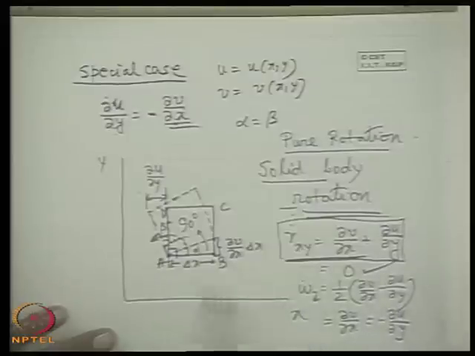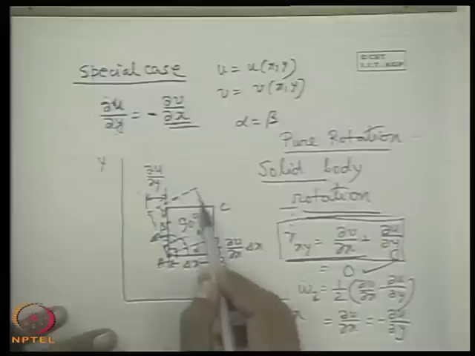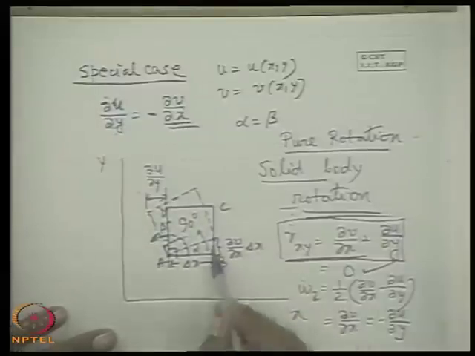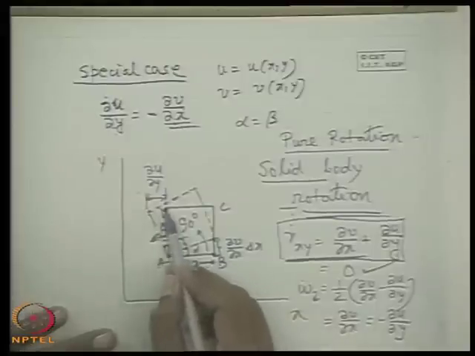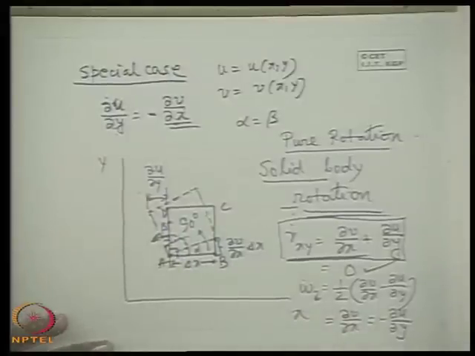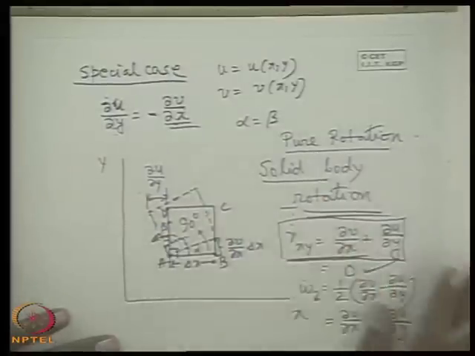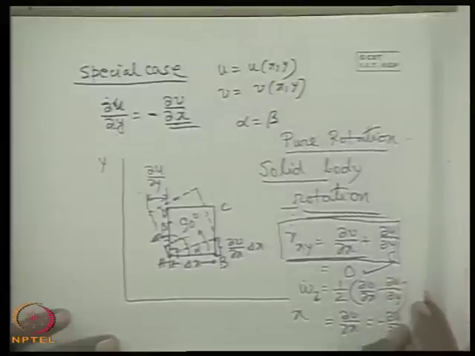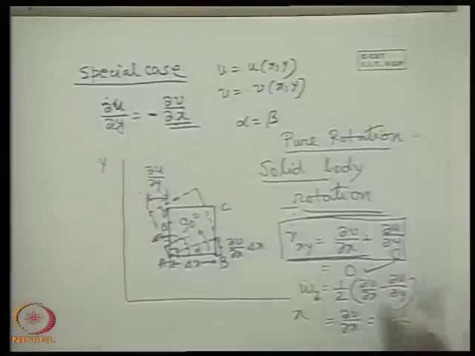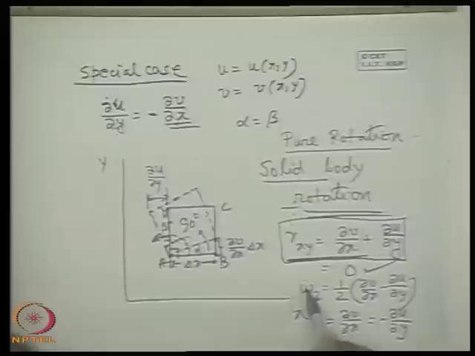And the angular velocity, the arithmetic mean of the two linear segments, is nothing but the angular velocity of the body as a whole, which is either del V del x or del u del y. Very simple. So we can understand what is meant by solid body or pure rotation, where the rate of angular deformation is 0 and angular velocity exists and it is given by this value.